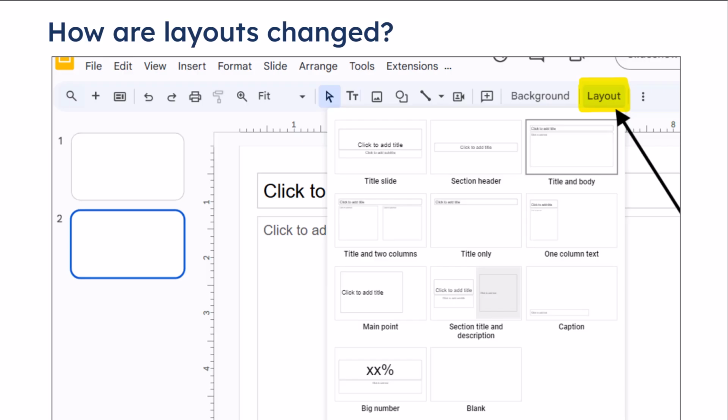To change the layout of one of your slides, select the slide, then click Layout from the toolbar. Instead of adding your own text box to blank slides, try using these default layout options. This ensures that titles are tagged as titles and the reading order of the text on your slides is correct. If you start with a blank slide instead and then add your own text boxes, there's a chance the reading order will be incorrect and require fixing.